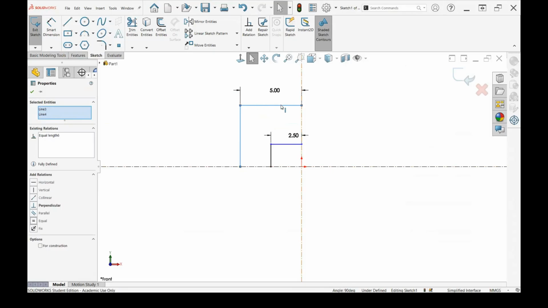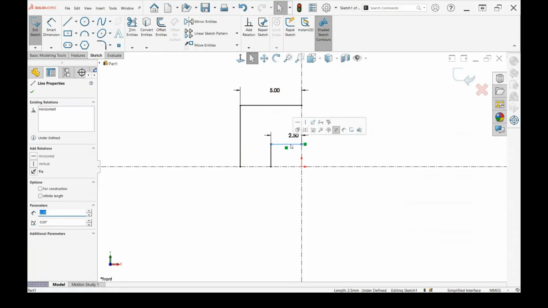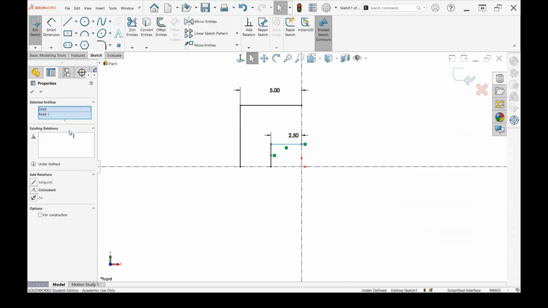So you can see this line here already was set as horizontal. We know this end is going to stay on this vertical line because it was set as a snap for us. And then that means this line is going to go upward only because we said this line is equal to this line. And then we're going to do the same thing on the other side. If I select this one, hold Shift, left click the other line.